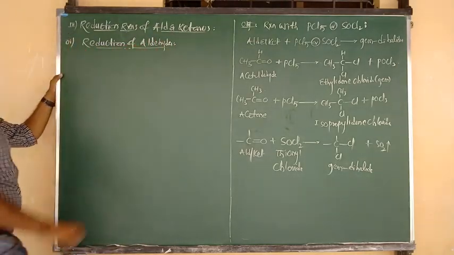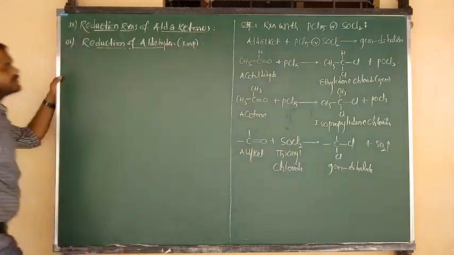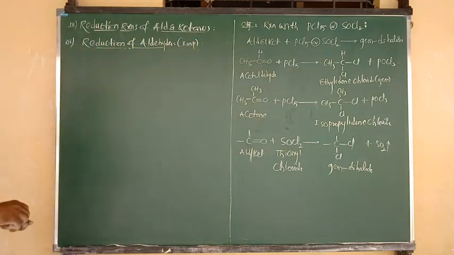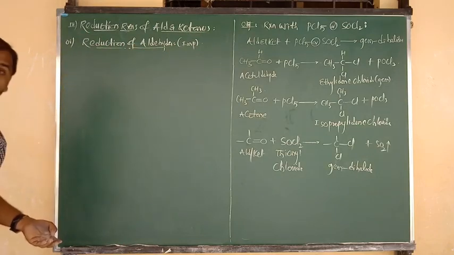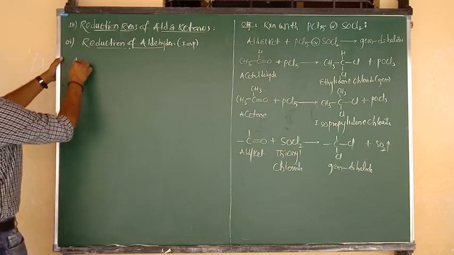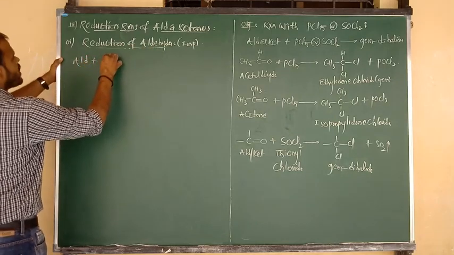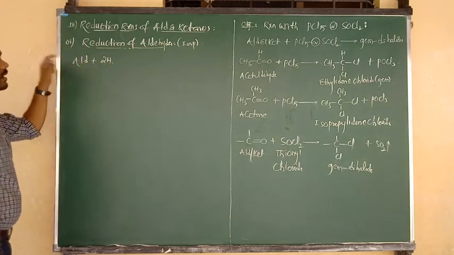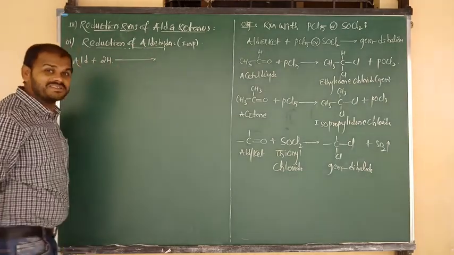Important for theory as well as objective. First of all, I am going to give the statement. Almost all these reactions you also know very well, we have studied them in the alcohols topic. Which compounds are we going to reduce? Aldehydes. What is meant by reduction? Addition of hydrogen. Reduction takes place in the presence of a reducing agent.